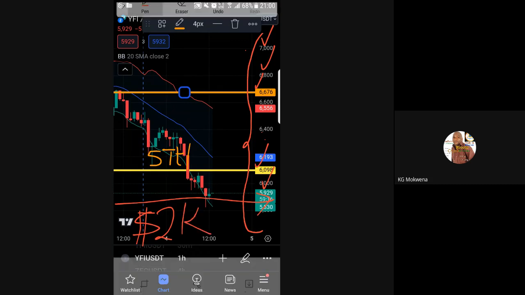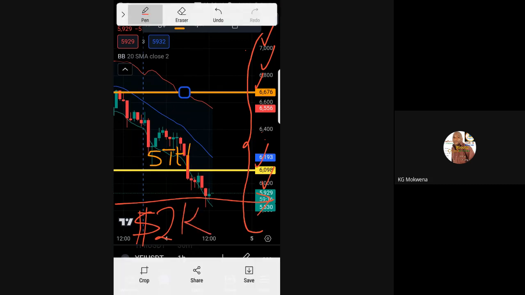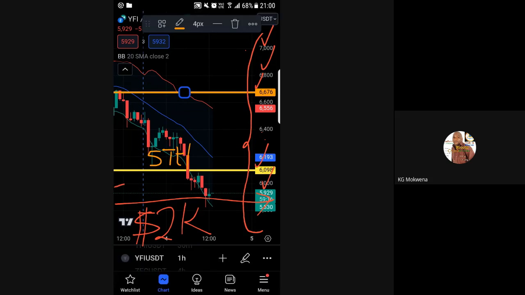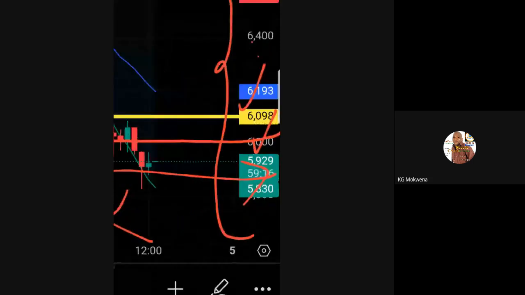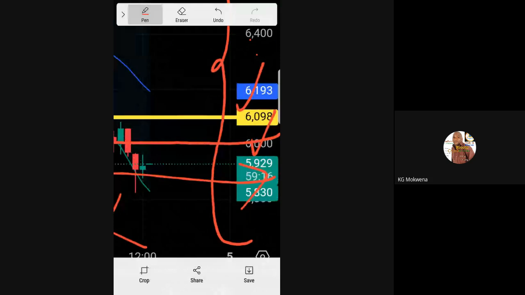If you are to do that, you will bring the average price somewhere closer here, just a little bit above the current price. Which means it will not take too much work or too much money for your position as a whole to go into profit, because more quantity would have been purchased around 5,000 something there. As a result, the average price of the whole position will be around this